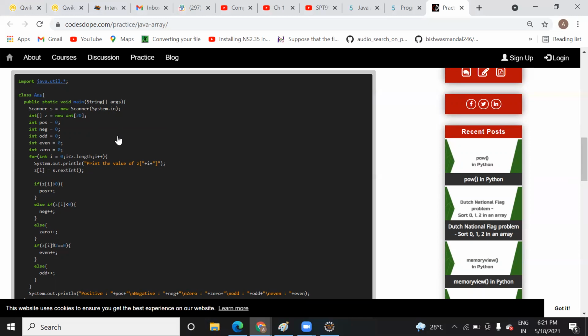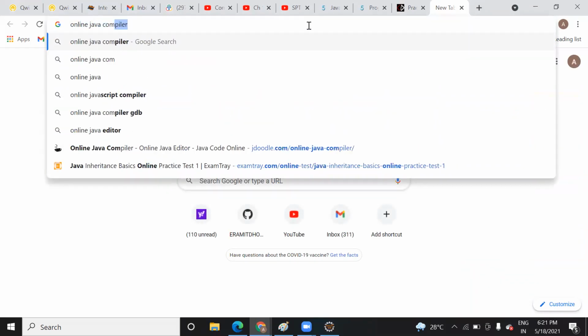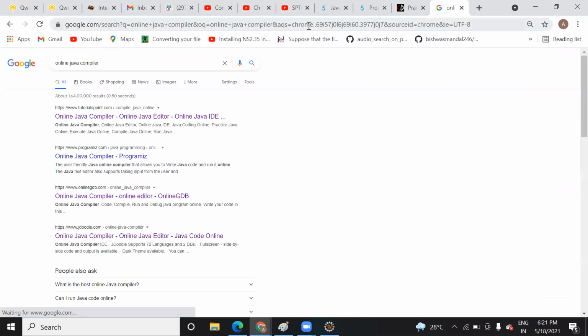Both of you know, right? Snigdha, Akshara, are you comfortable with Eclipse to run the code? In case you are not comfortable, you can use an online Java compiler also. Just type online Java compiler and you can run it. But that is not a standard way of running the code.